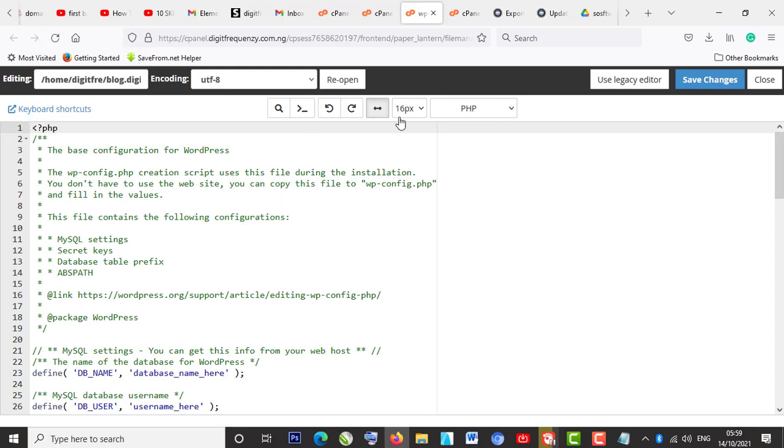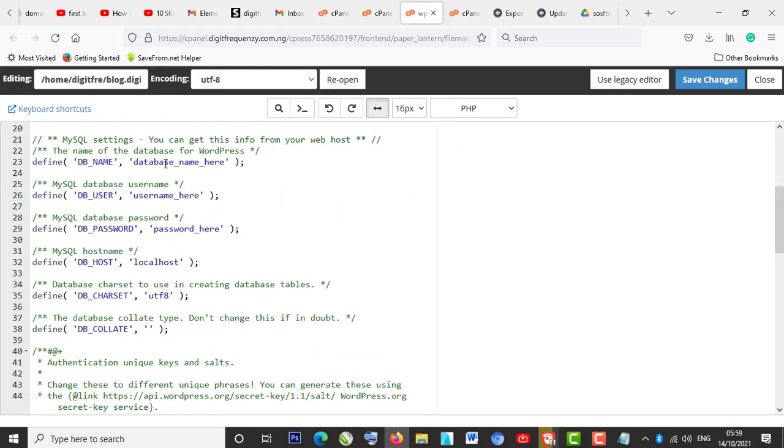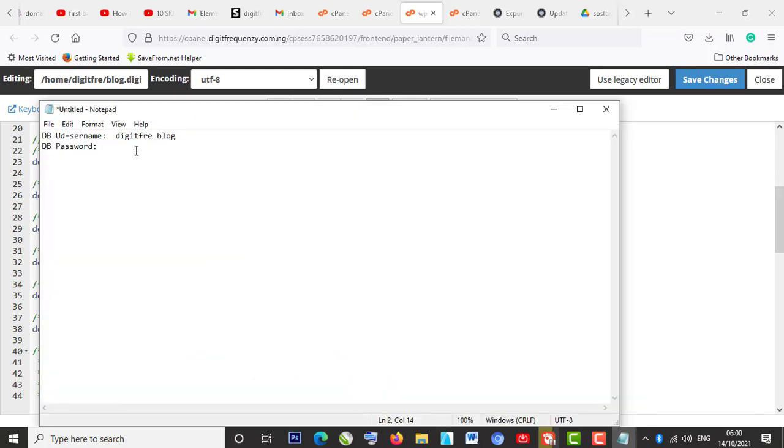Alright, so when we are here, we search for the database. This is the database name we just created. And remember the password, assuming this is the password that we created. Alright, so this is not the right password. I make it secret so that you don't know the password I put, but you're going to put your own password to make sure that you also secure your own subdomain, and make sure that people do not hack your site for you. Alright, so I'm going to copy this,